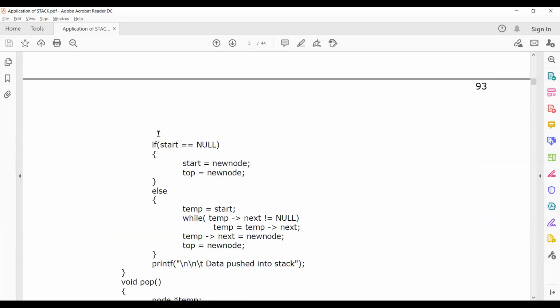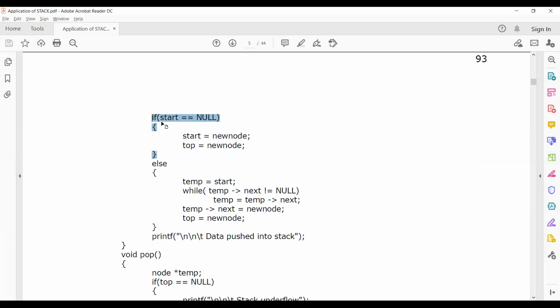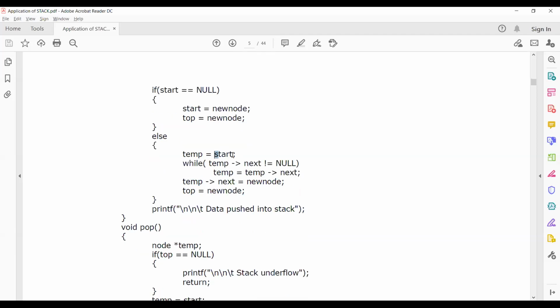Next, what happens? If start equal to null, there is some value, 1000 is there. So this will also not work. Go to the else part. In the else part, we copy the start variable address to the temp.